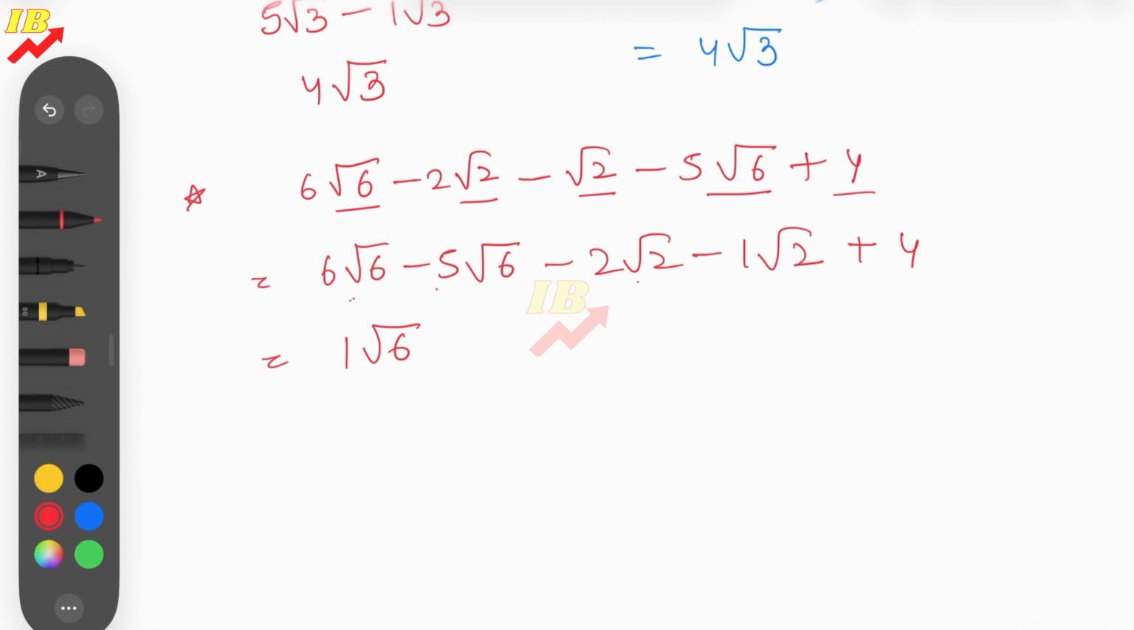Now here it is negative 2 and negative 1, so it is negative 3 root 2 and then plus 4 as it is. See, here we didn't solve the plus 4 thing, so we are writing it as it is. As I said, you only need to check the like radicals, otherwise no need to solve it. You can leave it as it is. I hope this is also clear. Now let's take a few more